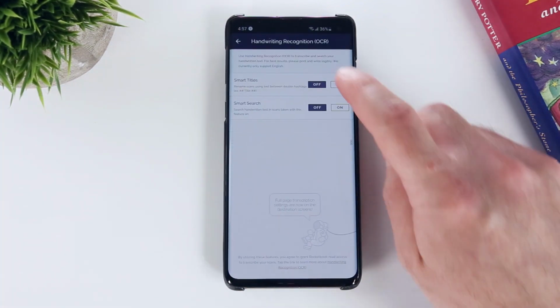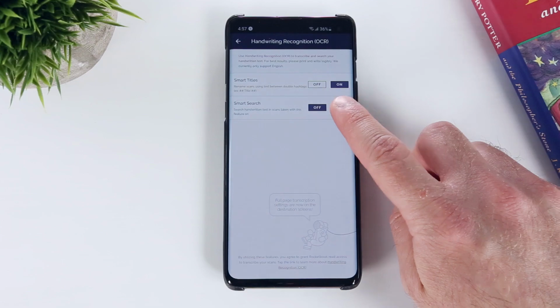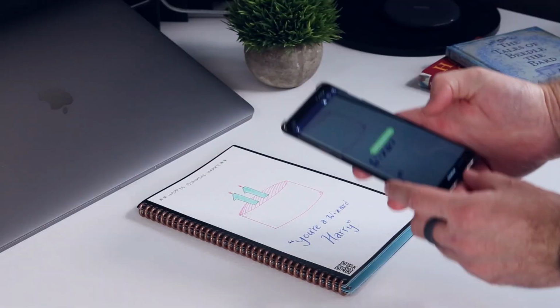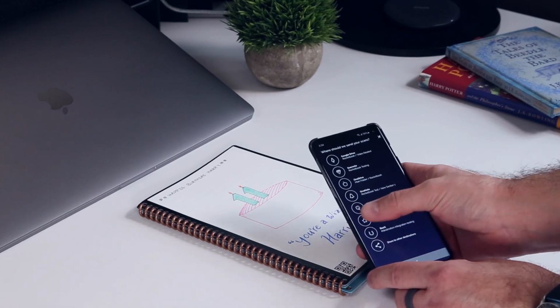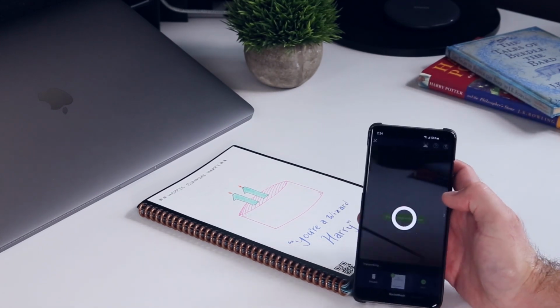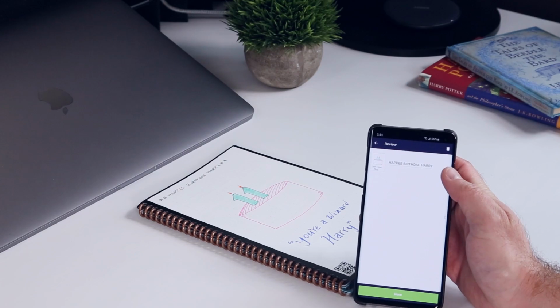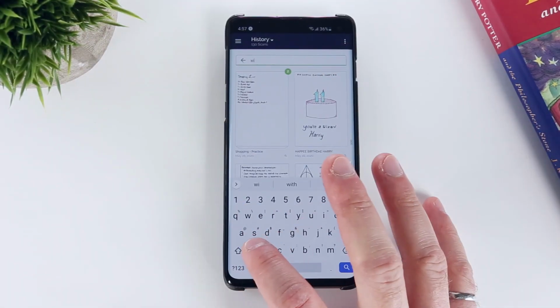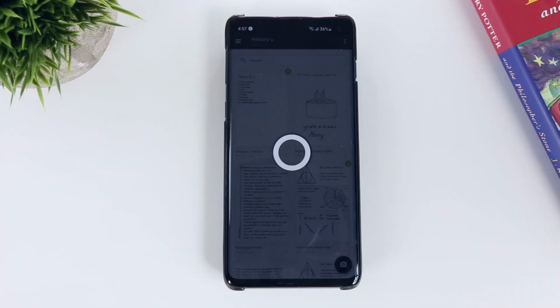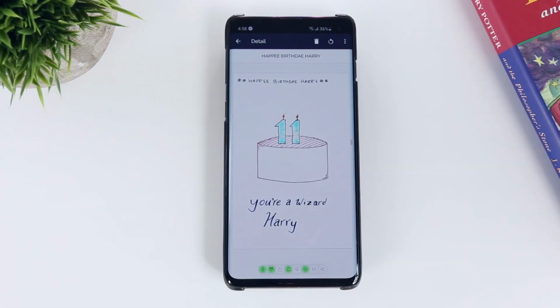You can enable Rocketbook's OCR transcription services in two ways. The first is simply through the app settings, where you can turn on Smart Titles and Smart Search. Smart Titles allows the app to recognize text embedded between double hashtags as the title of a scanned file, which saves you from having to manually title your documents during the scanning process. Smart Search, on the other hand, transcribes your entire scan and embeds the transcript invisibly within the file so that you can perform a text search either within the Rocketbook app or wherever the file is eventually stored, provided that